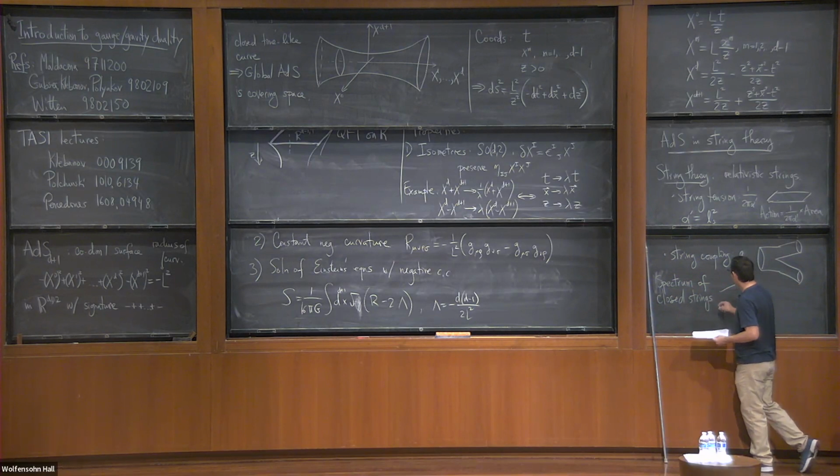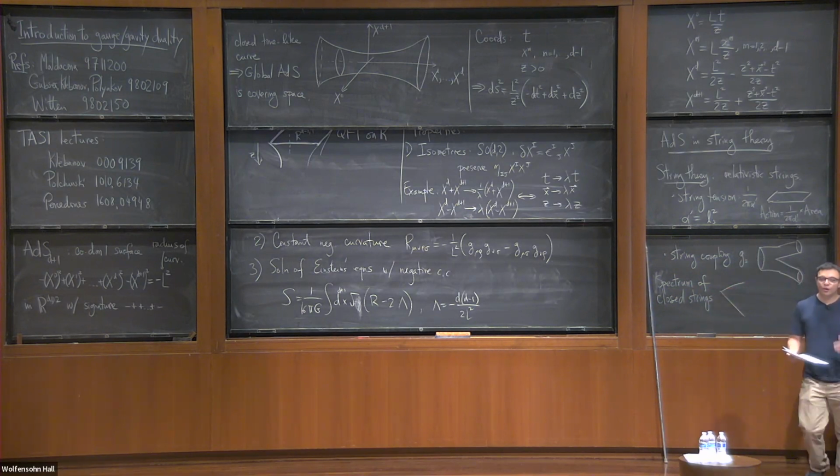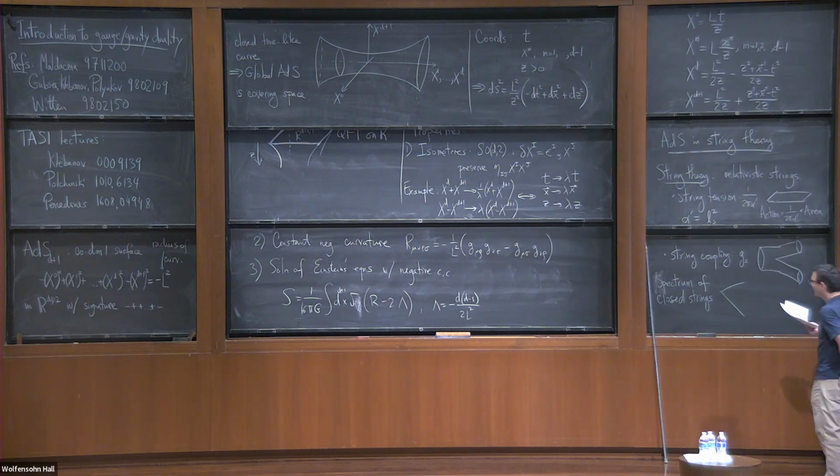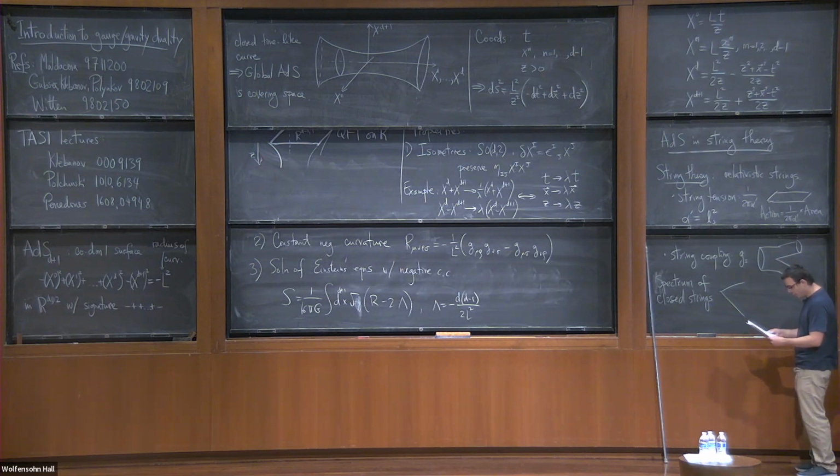So we have particles of various masses. Question, based on what I said so far, of what order should the masses be by dimensional analysis? 1 over the, not the coupling, the string length. Energy has the same dimensions as 1 over length. So the masses should be of order 1 over the string length.